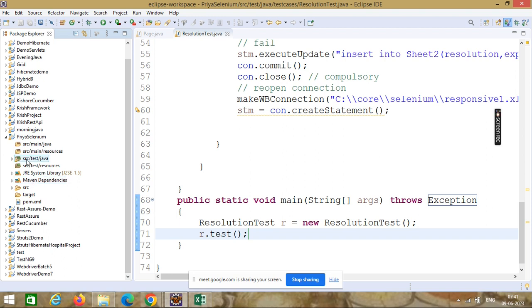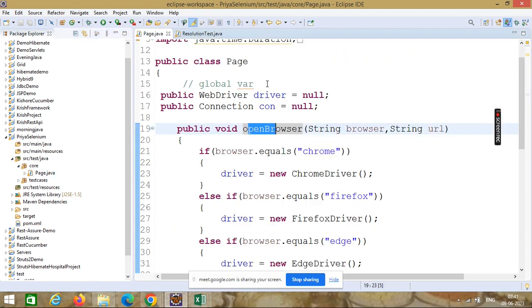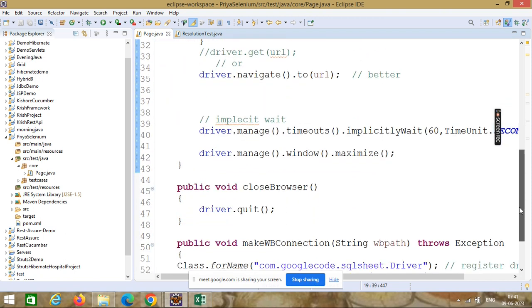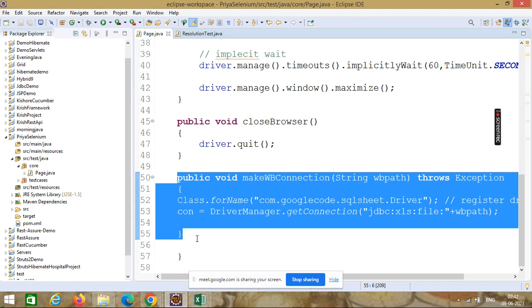After that, in src test java, we have to write all the test cases inside this src test java. In src test java, we have created a core package and a test cases package. In the core package, we have created this Page.java, the same class which we have used up till now, with open browser and close browser. Along with this, we have added this method to open the connection with the workbook.